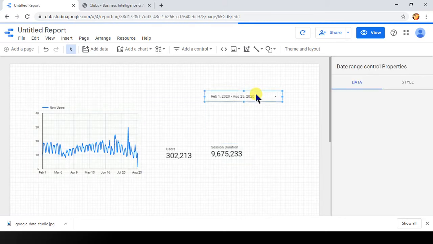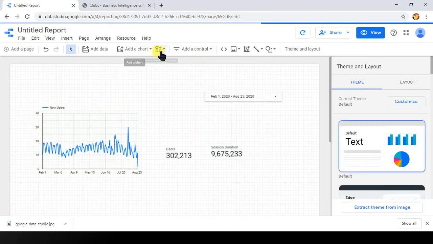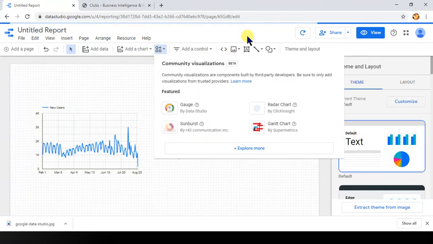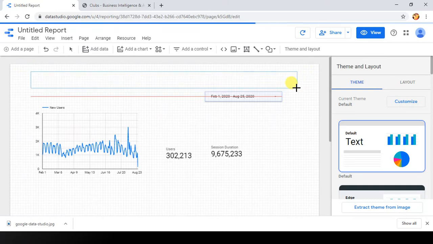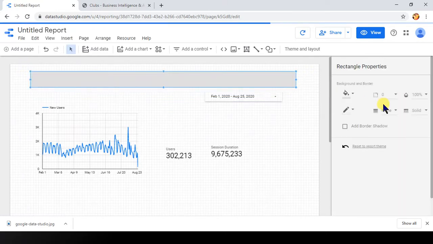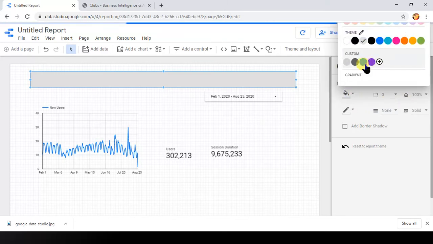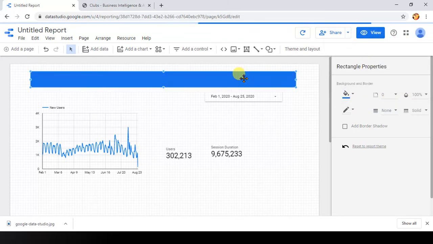Let's do one more thing. What I'll do is I'll put a rectangular shape, and I'll put it as a heading for this report. So here comes the heading, and I can change the color. Say background, I change this to blue color. Fine. And then I can add a text box to it